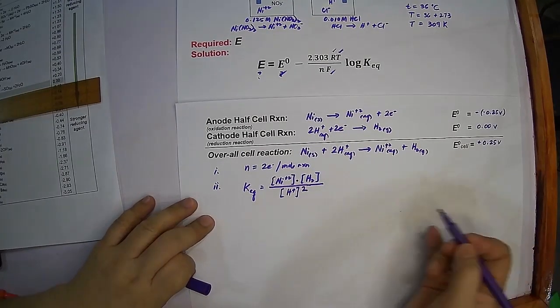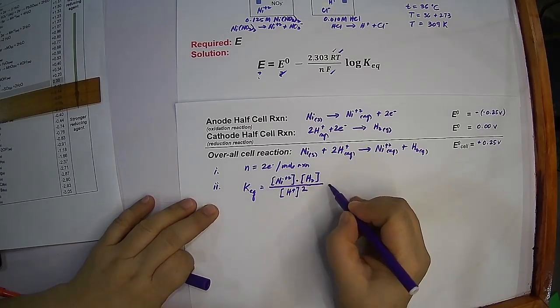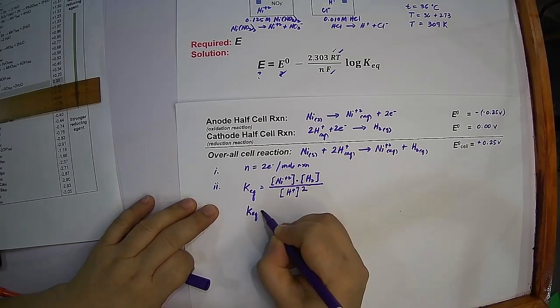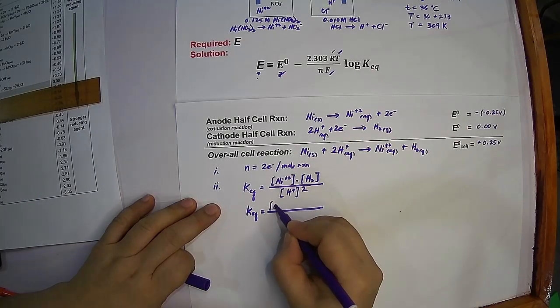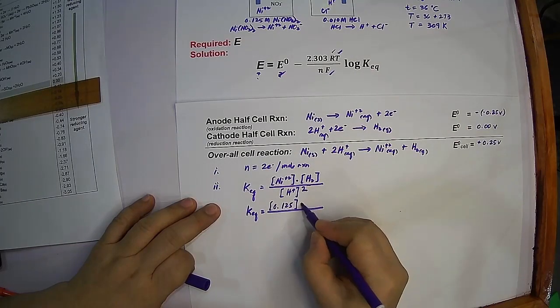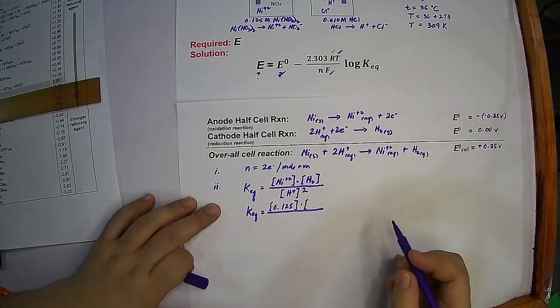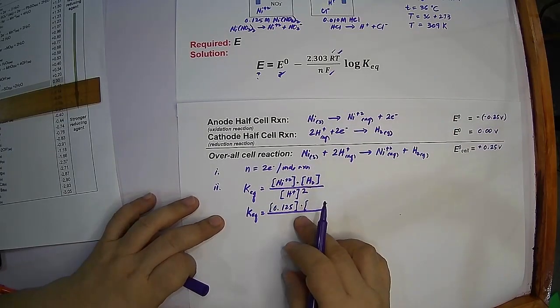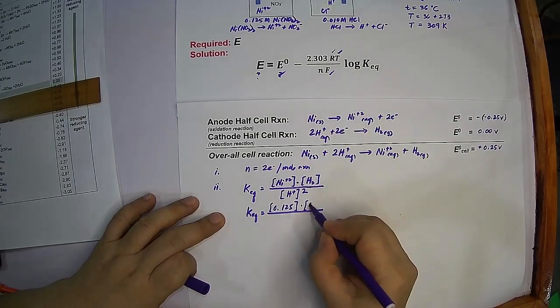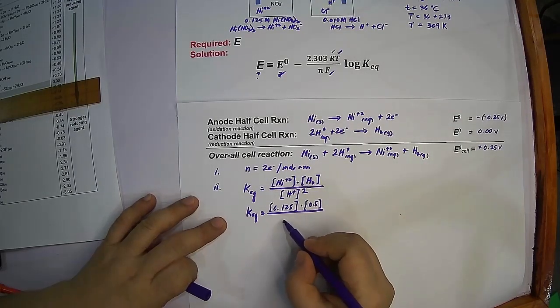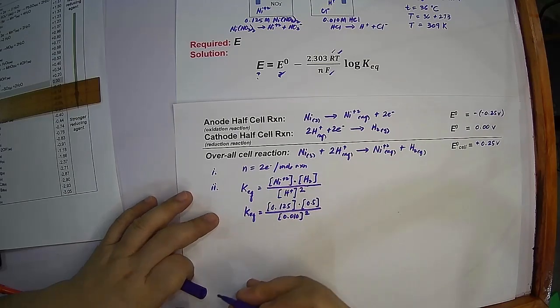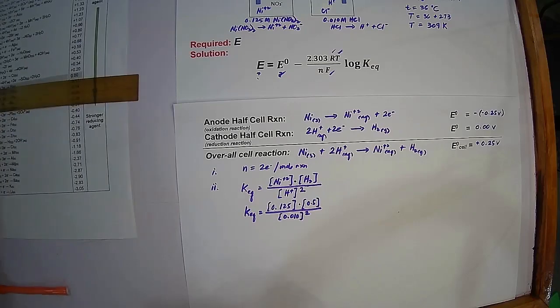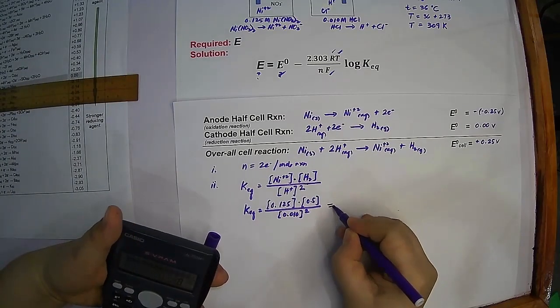So we substitute the values. For the nickel ion, here we have 0.125. We don't have to write the M because the bracket means molar concentration. The unit is the molar concentration. And for the hydrogen gas, we have 0.5. And for the hydrogen ion, 0.01 squared. So that will give you a value of,